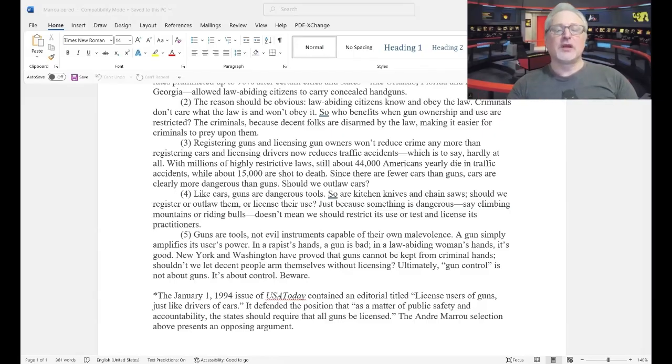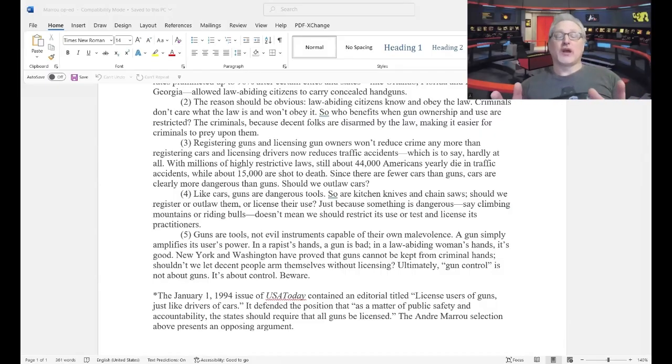Also, strictly speaking, it should say the states should not create legislation requiring that guns be licensed like cars. I changed it to the government to make it a little bit more general. If I'd written the states instead of the government, it would have been fine. If I had said the states should not require that guns be licensed instead of the bit about creating legislation, that would have been fine. There's a problem with it. We can always change it later.